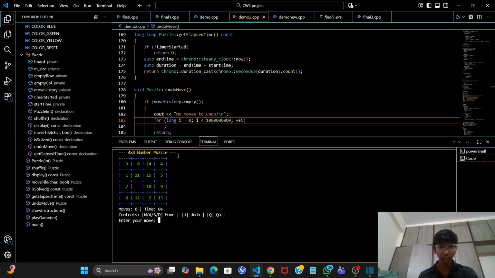Now this is how it looks on our screen. We can make some random moves like W. We have to press enter. Now we see that the W key, the W tile is going upwards and there is a